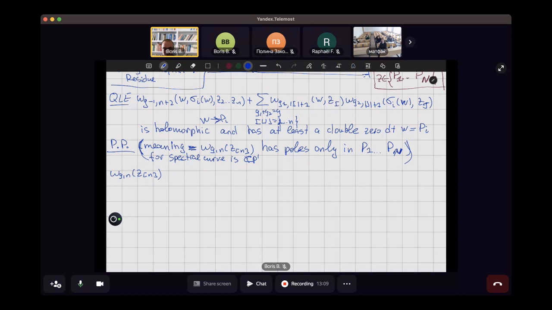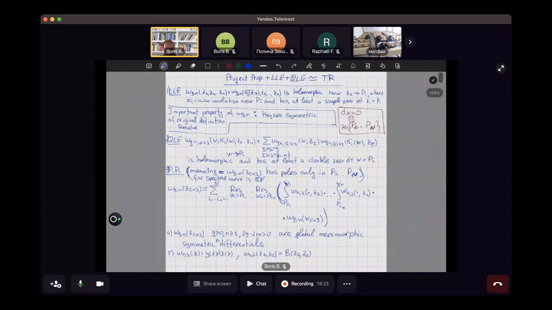I will not use these numbers. So these 5 conditions on omegas, and the theorem is